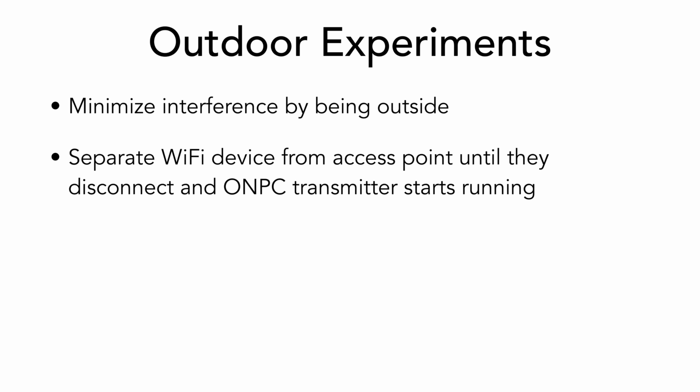So what I did is I set my access point in this park, and I would just walk away from the access point with my little ESP sensor until it was no longer connected. Then I knew that we had reached the range where Wi-Fi is no longer working, and I'd just stand there and let it run. I probably looked like an idiot, walking around this park with this little ESP device watching the LED, because it doesn't have a screen or anything like that. The LED would blink really fast when it was no longer connected to Wi-Fi. So I was just walking around looking at this little blinking LED until Wi-Fi no longer worked.